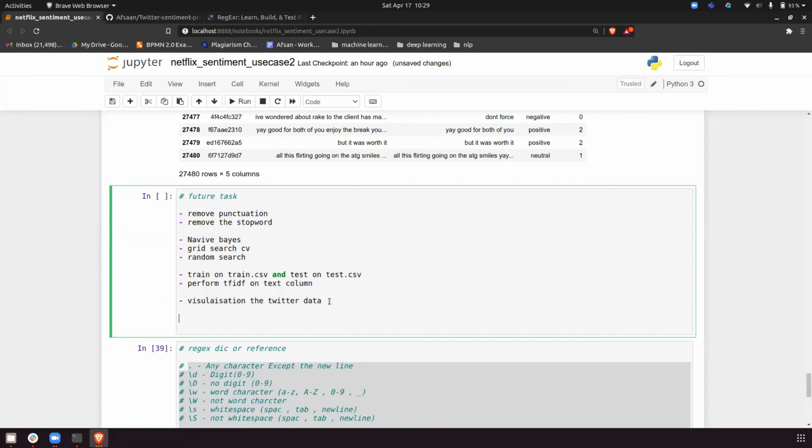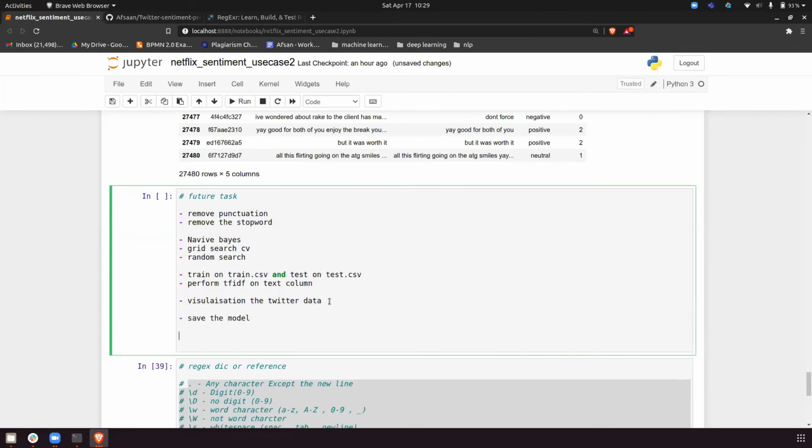After doing this, save the model and deploy the model. Deploying the model is what I have taught you with Flask. Some people know, some people don't. The people who don't know can skip this part for now. Once I teach you deployment, I will tell you to deploy this. The people who have done the deployment part with me can deploy the project.